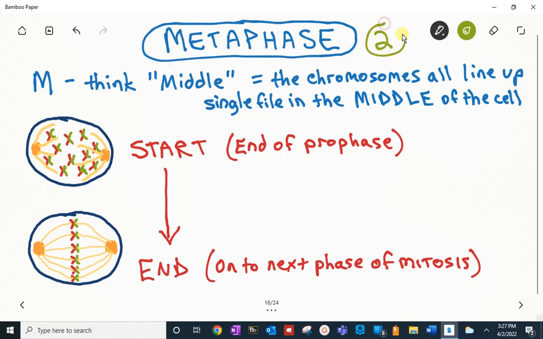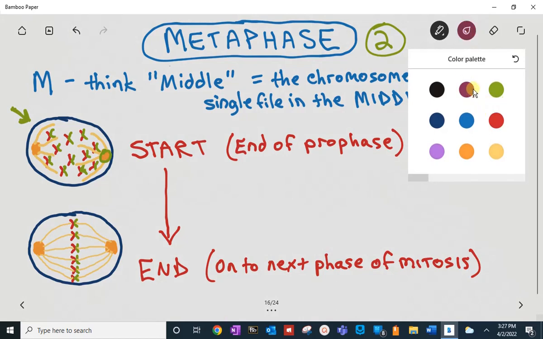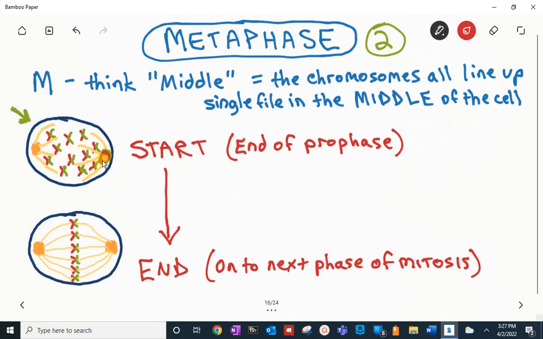It's step number 2 in mitosis, and we're going to start with the cell we left off with that we got from prophase. You see the centrosomes. Let me change colors again here. The centrosomes right here are on opposite ends of the cell, and they have little finger-like projections coming out called microtubules. The chromatin has turned into chromosomes, so each pair of chromosomes looks like a little X because they're joined